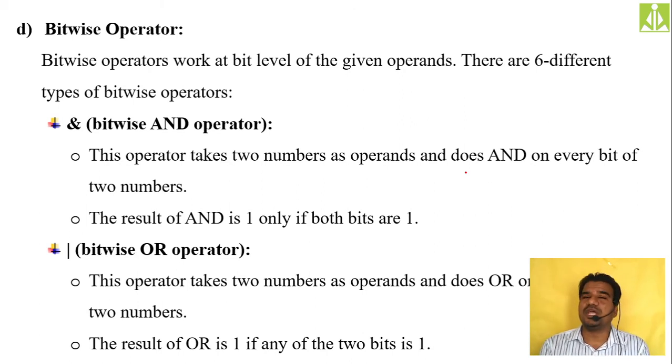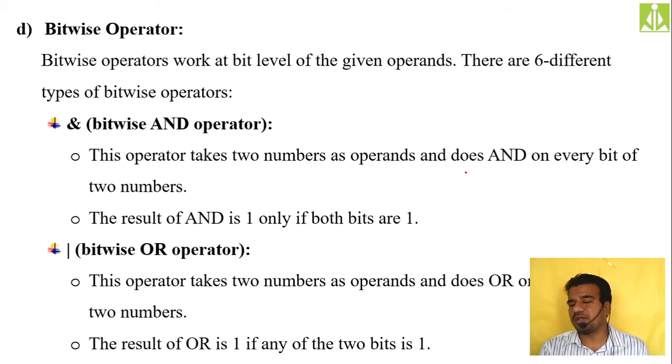So in order to understand the working and functionality of these bitwise operators, whatever operands we are taking into consideration to apply these bitwise operators, first we have to convert those operands into machine language, binary language. First we have to convert those operands into binary language, then apply the bitwise operators. Whatever result we get, you will get that result in your programming as well.